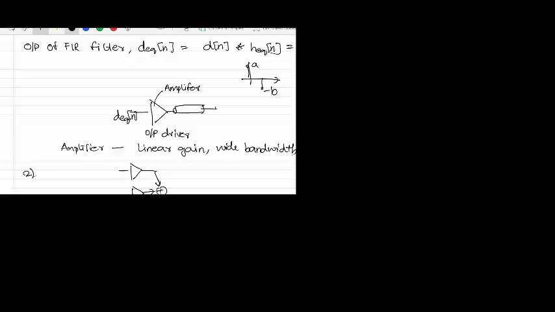So this is basic, and here you get d of n, d of n minus 1 and d of n plus 1. You have different bit streams which are all coming to the different amplifiers, which are weighted by gain alpha, alpha minus 1 and alpha plus 1. So all these amplifiers are always seeing the same levels of the input. Depending on how they are swinging, they are always maintaining the same input amplitudes. That's very important in this output driver. And this you are transmitting across the channel.